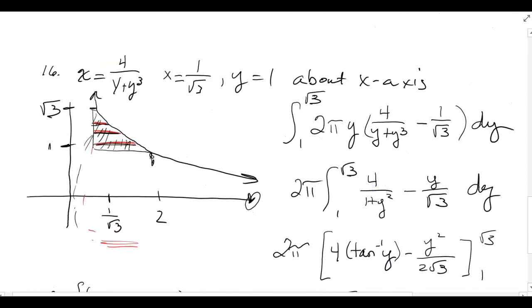How did we know this one ended up being this way? You know, we're revolving around the x-axis, but we've got this empty space. So as soon as you have the empty space, we have the empty space here. Sorry, we're differentiating with respect to x. We don't have the empty space there because we're differentiating with respect to x. That's what you want to look at. Sorry, we're differentiating with respect to y. We have that empty space there. So when we get the height, and that's what you want to look at, the height of your shells, it's going to be